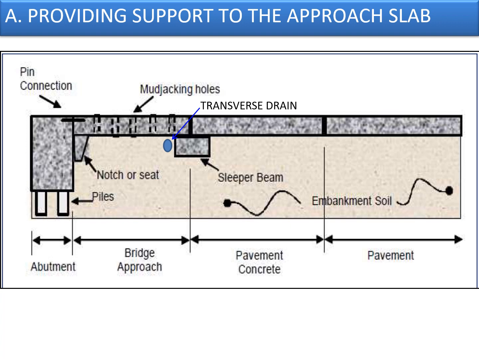What happens is by providing this, you are converting the approach slab, which is generally a cantilever type member, to a simply supported member, as it is being supported on both sides. One end is being supported by a sleeper beam, and the other end with a notch or a type of seat which is being provided on